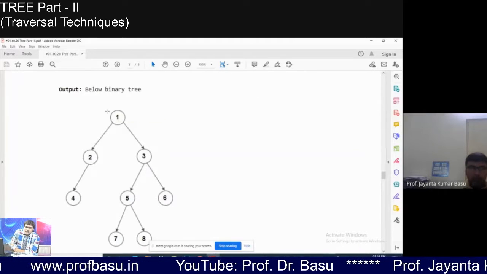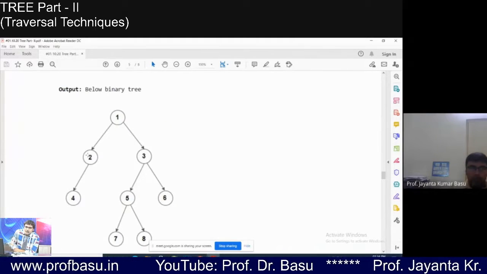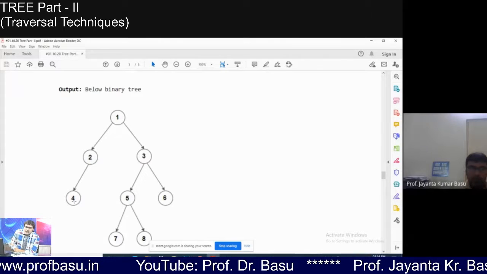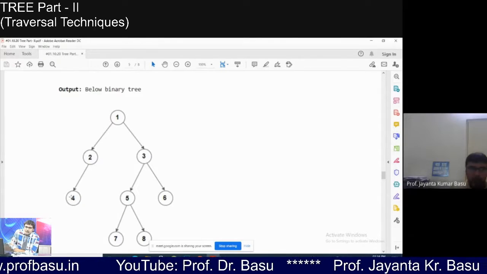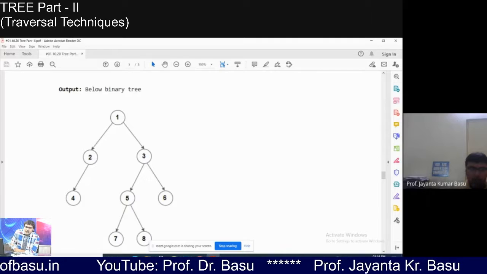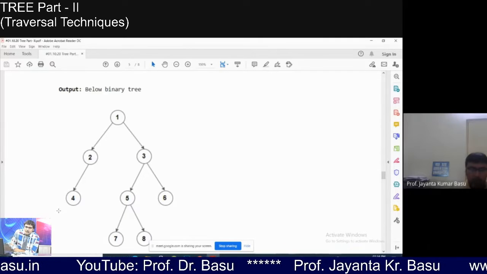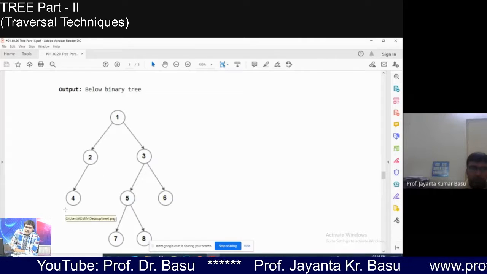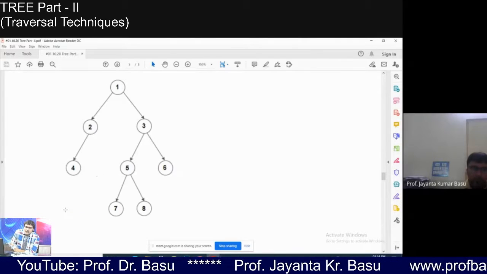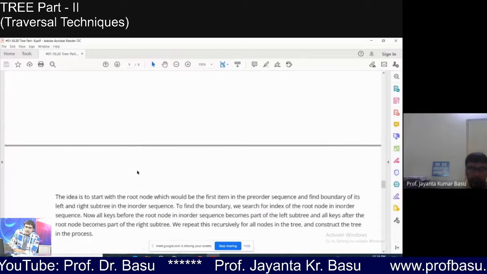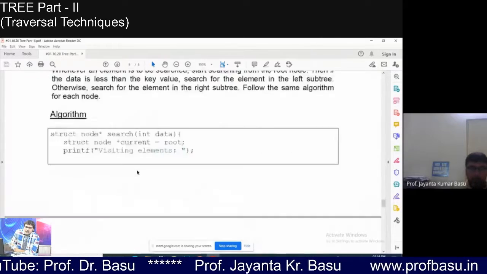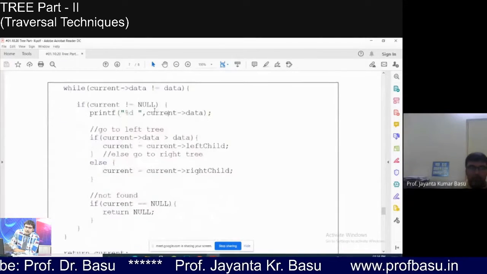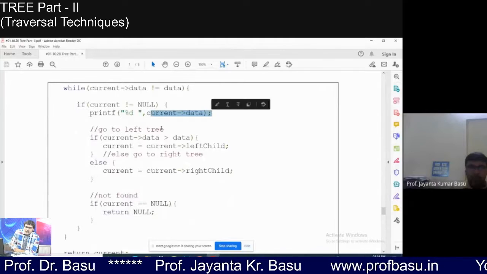To begin with, this will be the current, then as we move this will be the current, and so on, until we reach the leftmost or rightmost part, the leaf node. Got it? So this is the example. Then we print that data.